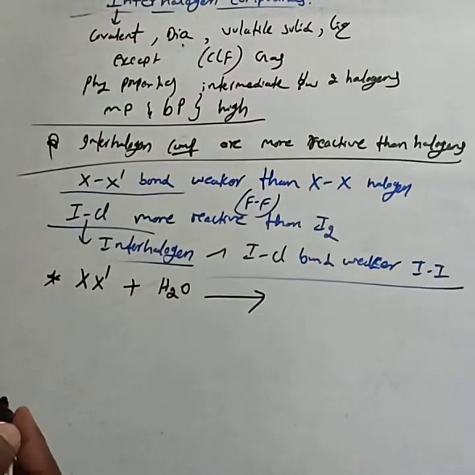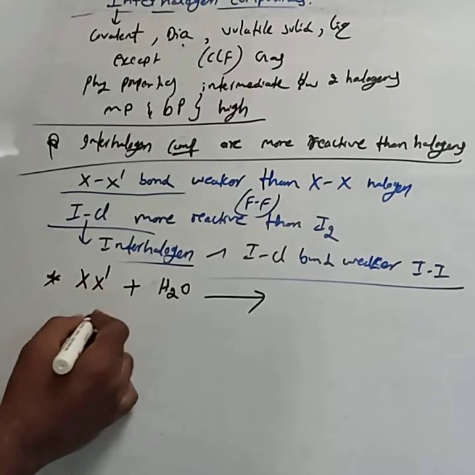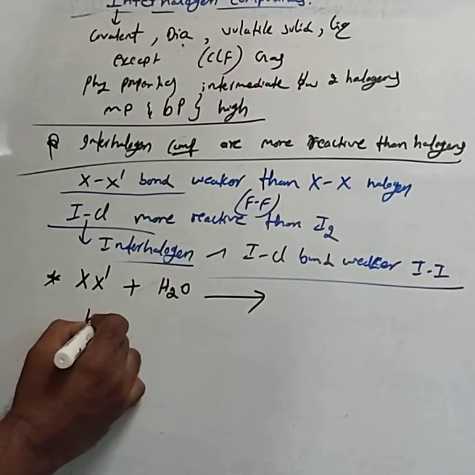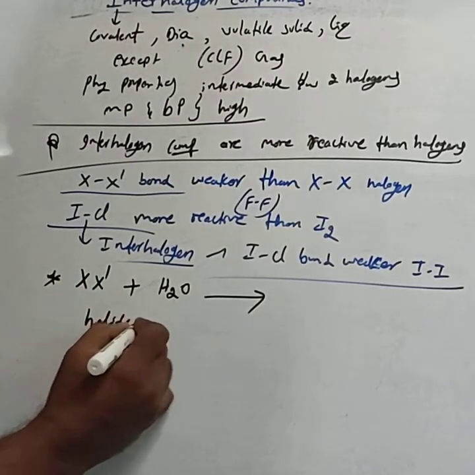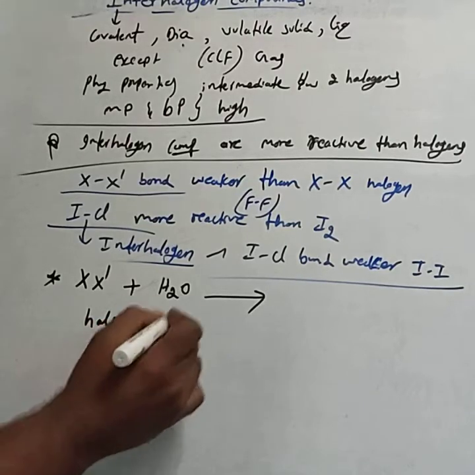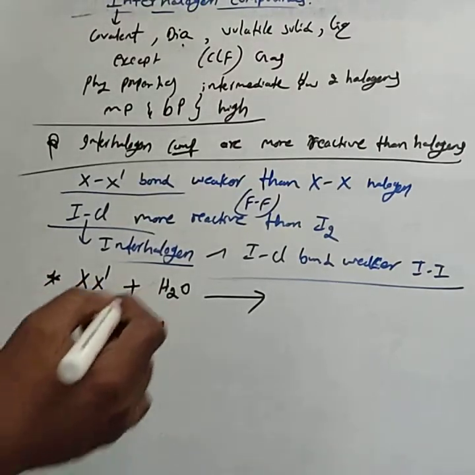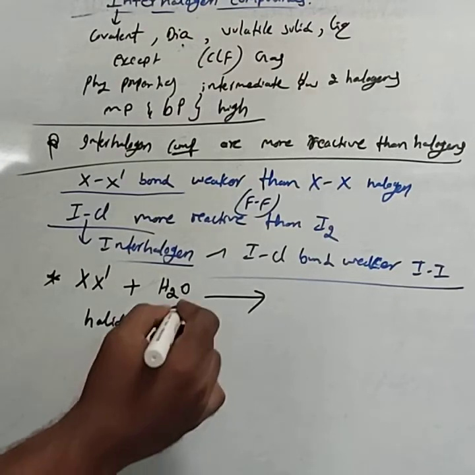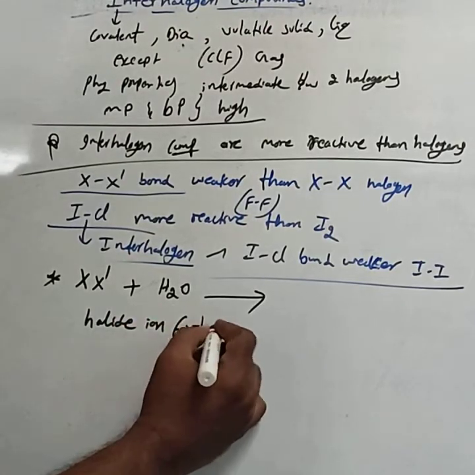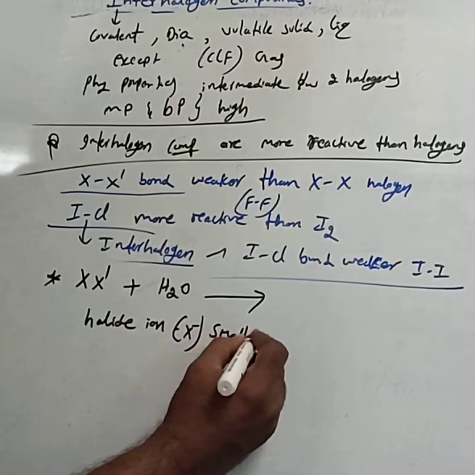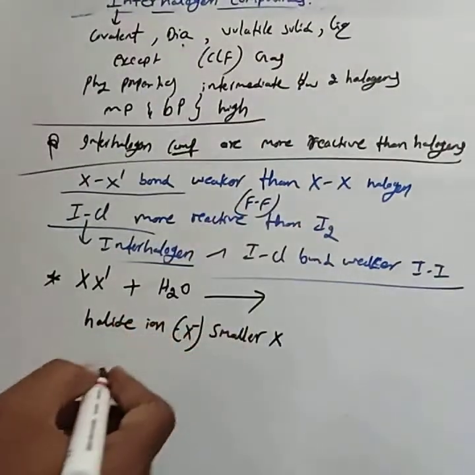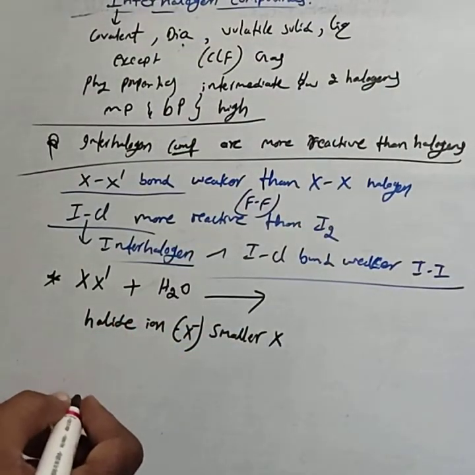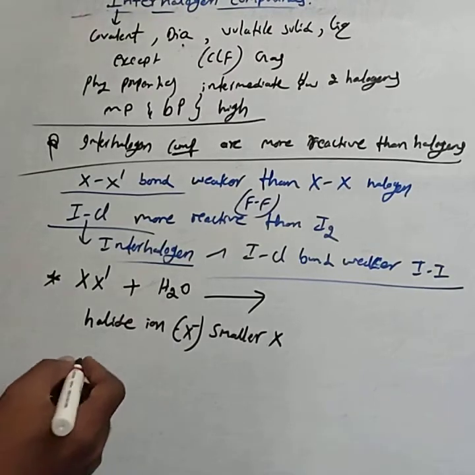On hydrolysis, they generally give the halide ion, meaning X minus. The halide ion is from the smaller halogen. This is very important. Halide ion from the smaller halogen atom, and